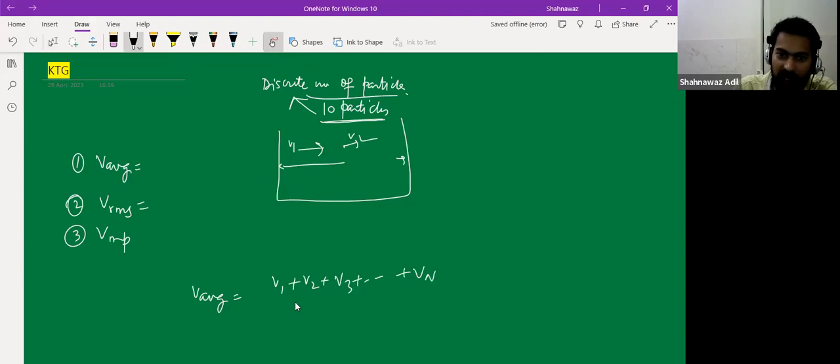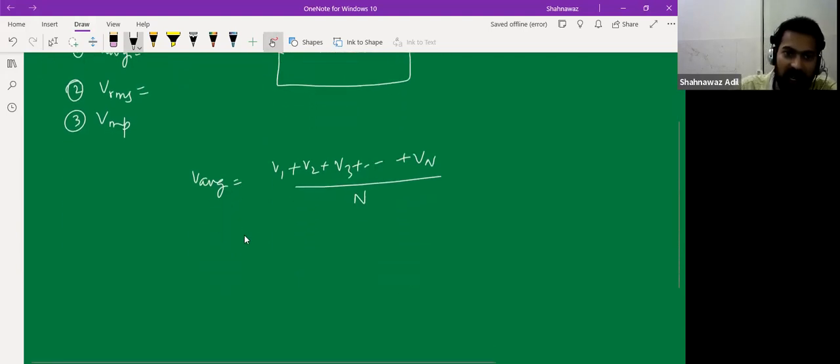Up to n, which is the number of particles, and then divided by n. So this will be the average velocity. And then you have the RMS velocity. So V_RMS, what is this? The root, then mean,